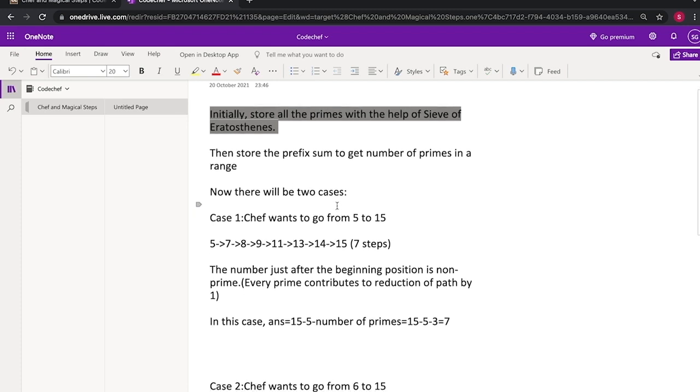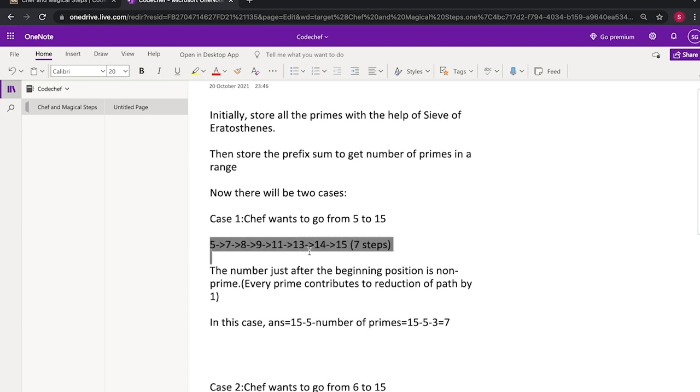Now there are two cases. In the first case, say our starting position is 5. The number after 5, that is 6, is a non-prime number. In such a case, every prime number contributes to the reduction of steps. So we'll move from 5 to 7, to 8, to 9 and so on, with jumps of two landing on each prime.